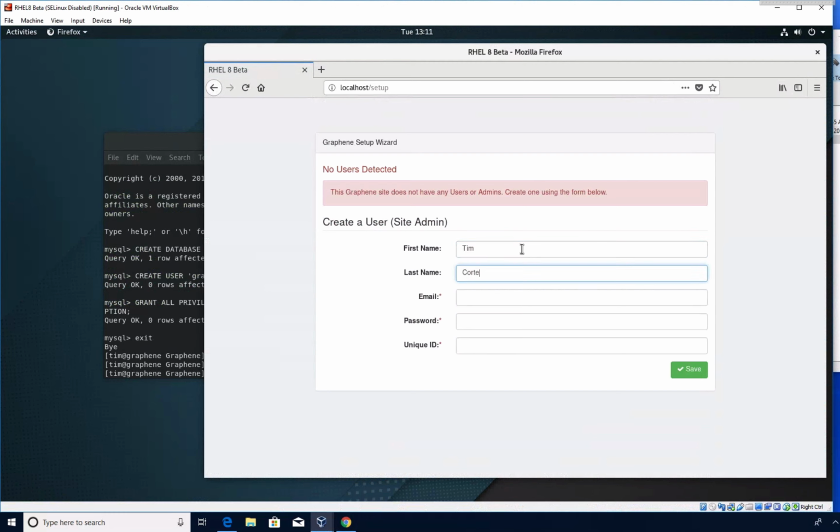And so that's going to create the site, and now it's saying no users are detected, so I'm going to create a new user. gmail.com. I'll just make a password ABC123, ABC123. This unique ID here is really more important when you're mapping a Graphene instance to a single sign-on server. So whatever that unique ID might be, but for the time being, since we're not using SSO, we're using standard authentication, we're just going to make that something silly. So I press save here,